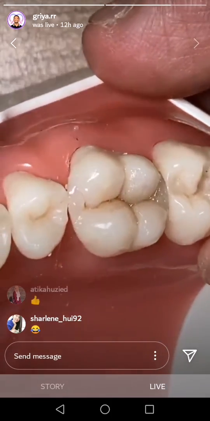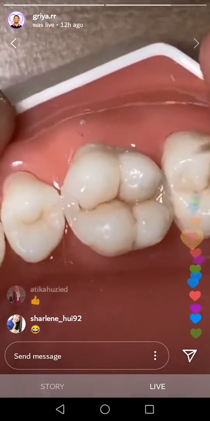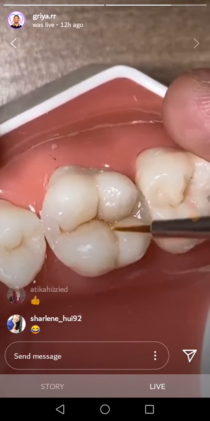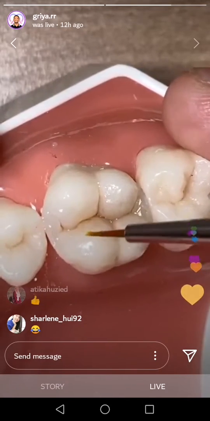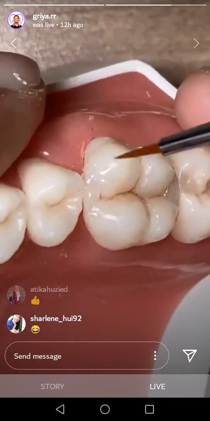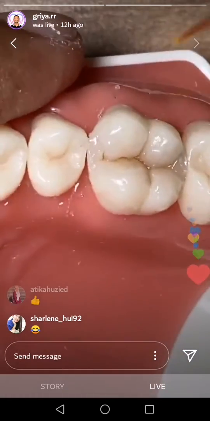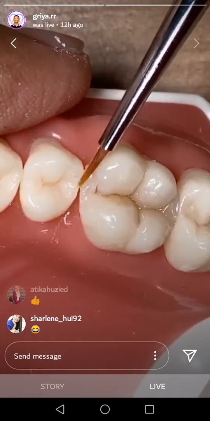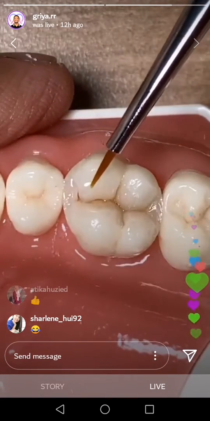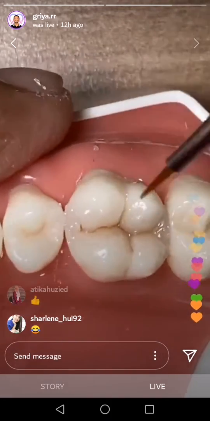Okay, I think this is already good. You can see. Yeah, this is for practice. Okay, I'm not very serious, just having fun. Yeah, during aesthetic filling, you need to be out of stress. You need confidence. You need to be happy. You need to use your dental photography to share to your friends or to